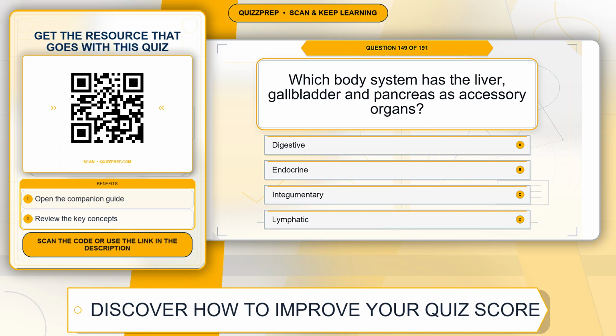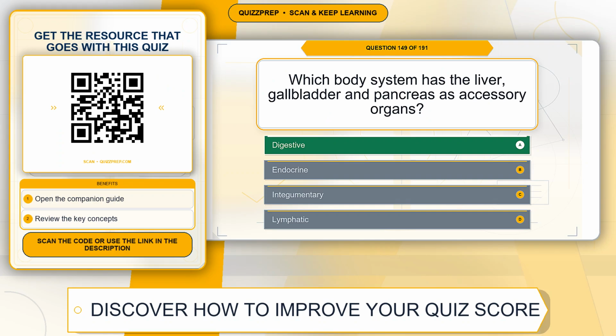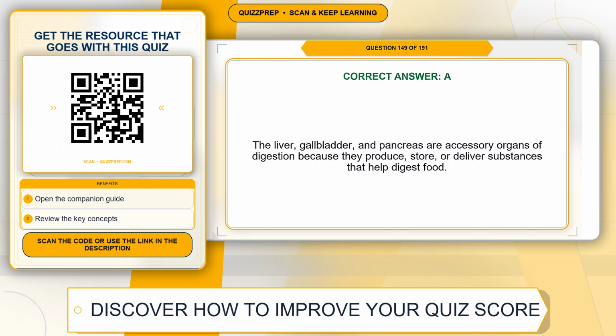Question 149. Which body system has the liver, gallbladder and pancreas as accessory organs? Option A, digestive. Option B, endocrine. Option C, integumentary. Option D, lymphatic. The correct answer is option A, digestive. Explanation. The liver, gallbladder, and pancreas are accessory organs of digestion because they produce, store, or deliver substances that help